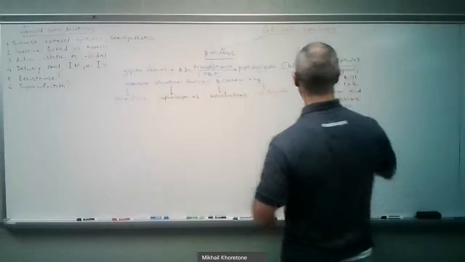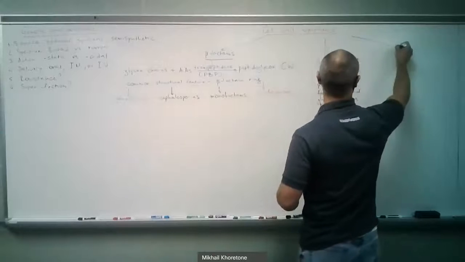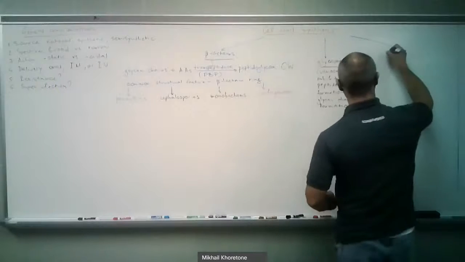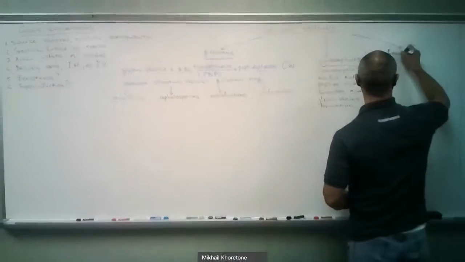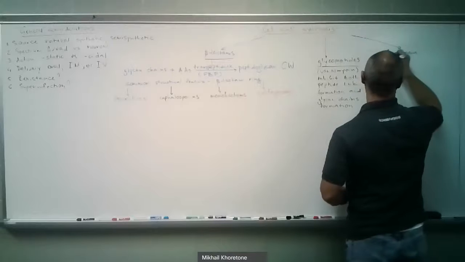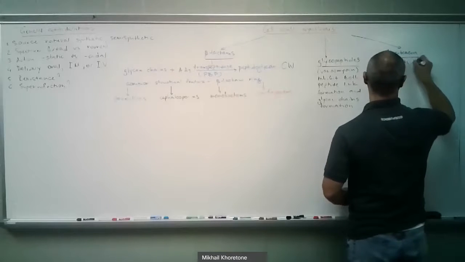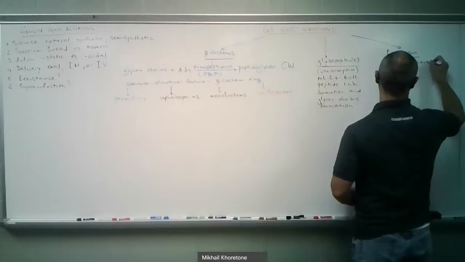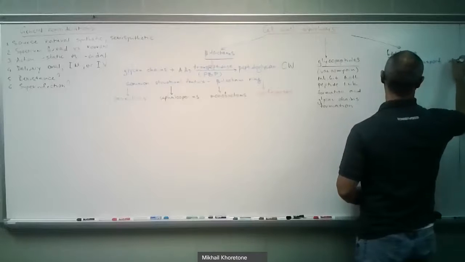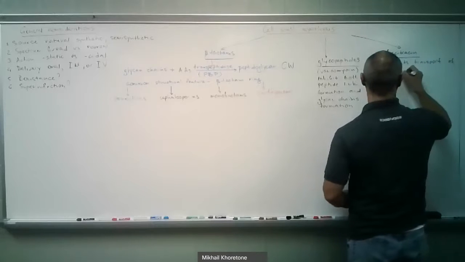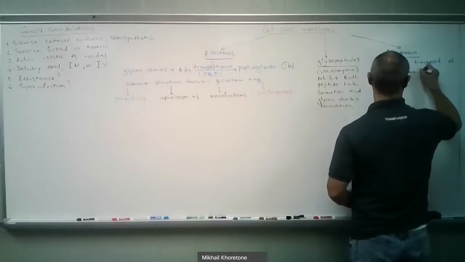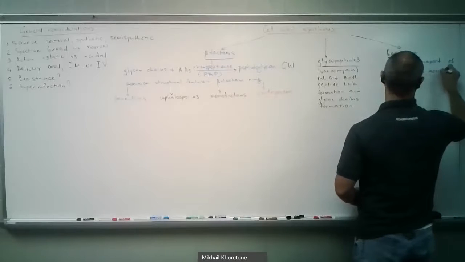And the third category here, just one antibiotic, bacitracin, which inhibits transport of cell wall subunits across the